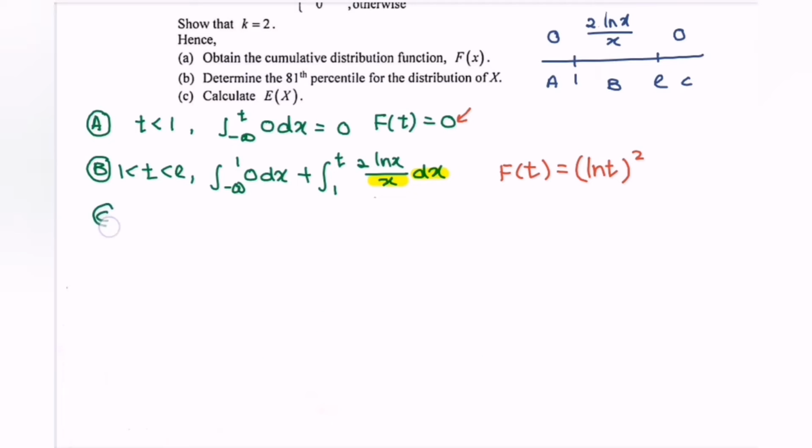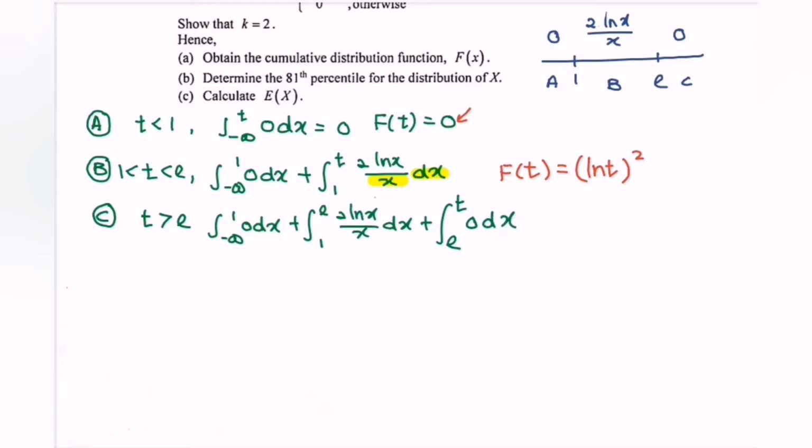Next, for part C, where we have the domain t greater than e. Again, repeat the situation. Integrate from negative infinity until 1 for the function 0 with respect to x, plus integrate from 1 until e for the function 2 ln x over x dx, plus integrate from e until t for the function 0 dx. So as we can see in here,